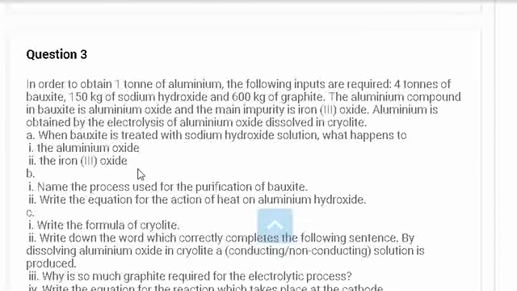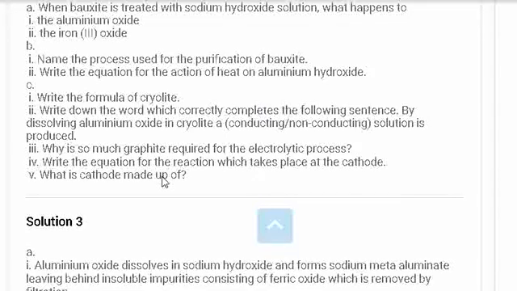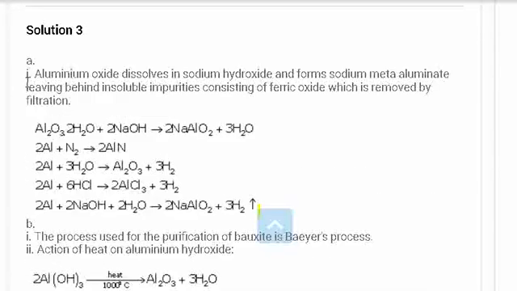The solution: when bauxite is treated with sodium hydroxide solution, what happens to the aluminium oxide and the iron oxide? The aluminium oxide dissolves in sodium hydroxide and forms sodium aluminate, leaving behind insoluble impurities consisting of ferric oxide, which is removed by filtration. Like Al2O3·2H2O,